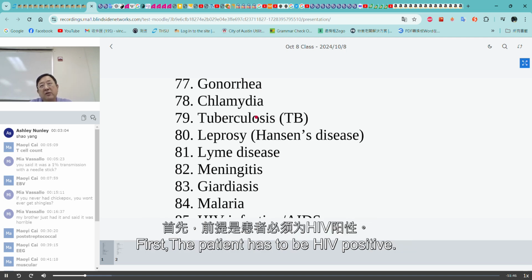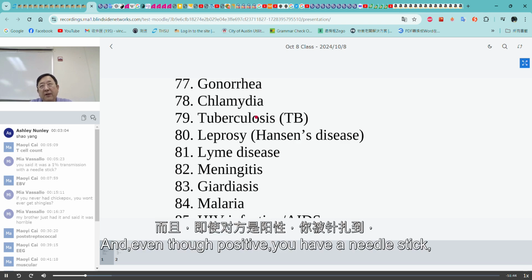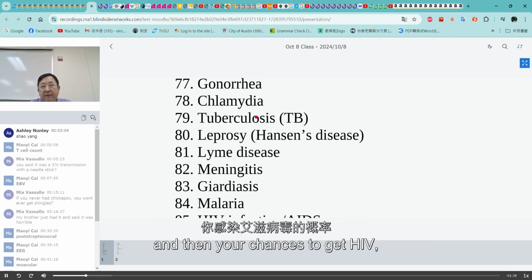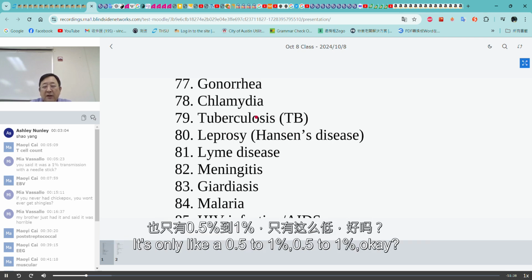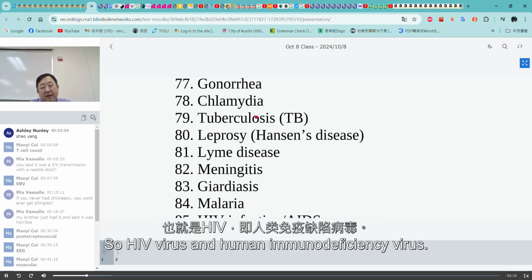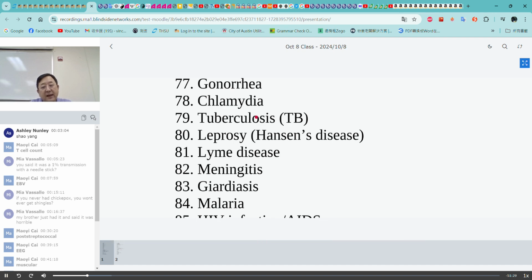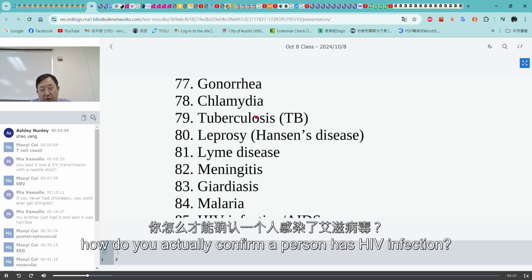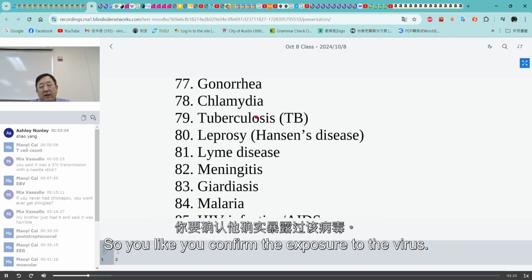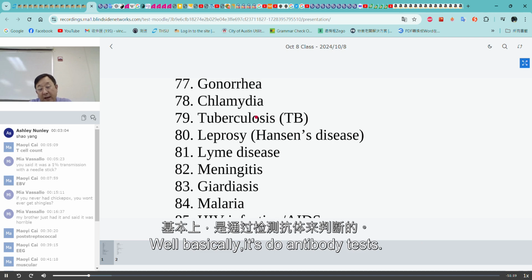First, the patient has to be HIV positive. And even though positive, you have a needle stick, and then your chances to get HIV is only like 0.5 to 1%, okay? So HIV virus, the human immunodeficiency virus. Yeah, but the thing is, HIV, how do you actually confirm a person has HIV infection? So you confirm the exposure to the virus. Well, basically you do antibody tests,